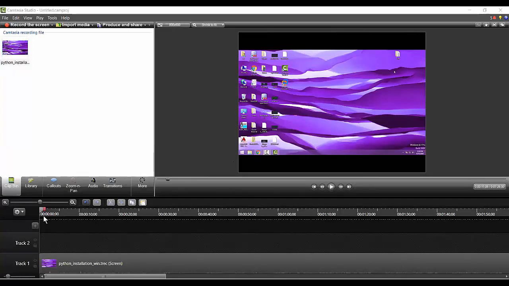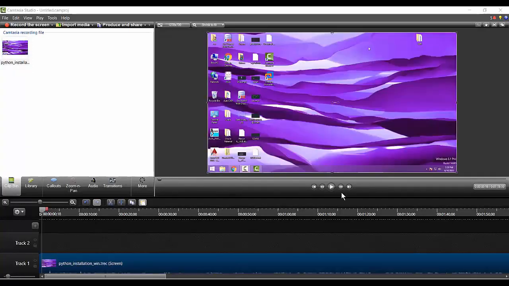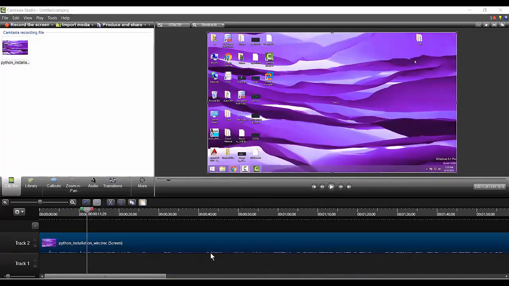When you play it here, look at this pointer moving. It shows at what point of the video you are now. Up here some small lines are there, which means some audio is available. But the audio got recorded in a very low voice, so the peaks are small. If the audio is recorded with good quality, you will see big peaks. I can show you here.